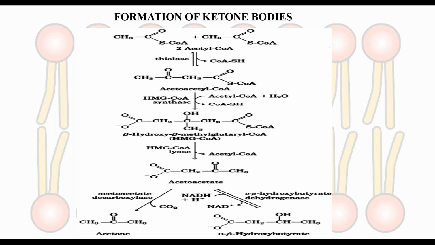Now in normal conditions, the brain will take only glucose as its form of energy, and only when the person is in a starvation condition or in a fasting condition, the body switches over from glucose to the use of lipids, or the production of ketone bodies, so that energy can be made available to different parts of the body. This is because you are in a fasting condition, glucose is not available. Now beta hydroxybutyrate and acetoacetate are utilized by the brain to give you energy in starving conditions.